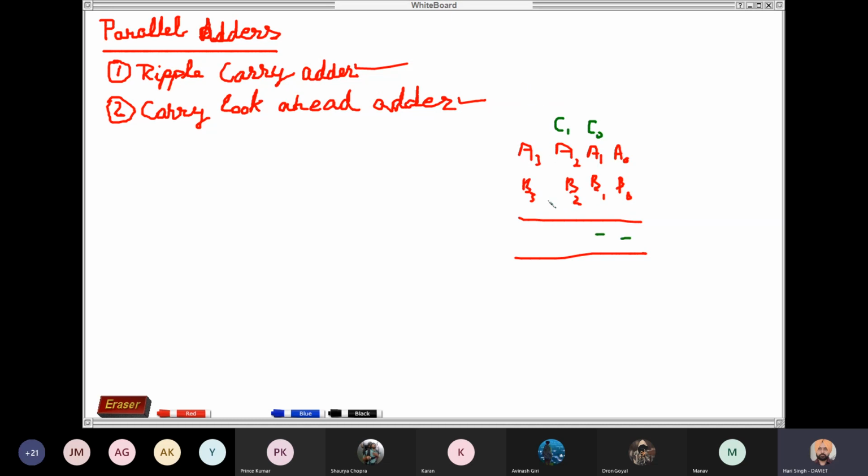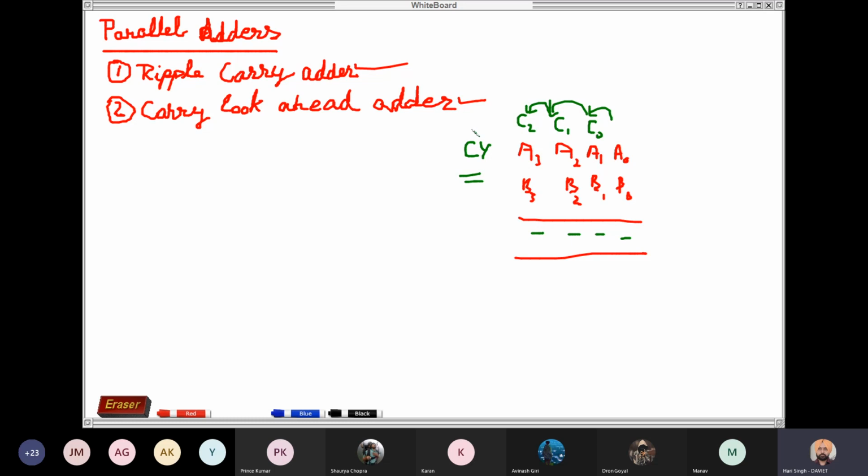And in parallel to this, we obtain the sum of the bits. Then we add these three bits, C1, A2, B2, and a carry is generated which is added to the next place. So it is A3, B3. Finally, a carry is generated from the MSB bit. That carry will be called C out or CY. Okay. So in this process, carry propagates from LSB to MSB and finally out of MSB.